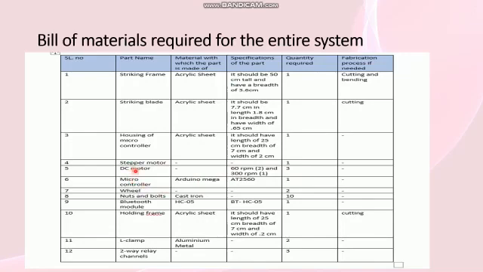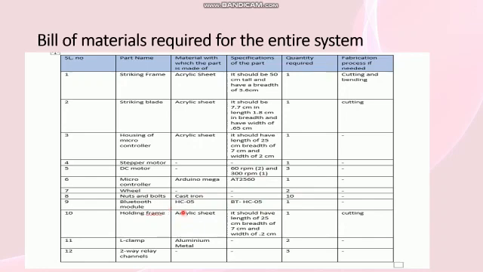Next is the DC motors. The specification of this part was 600 rpm. We needed 2 DC motors of 600 rpm and 1 DC motor of 300 rpm: 2 for the wheels and 1 for hitting the striker. So quantity required was 3, and the fabrication is null. Next one is a microcontroller, that is Arduino Mega, and the quantity required was 1. Next, wheels, we required 2. Next, nuts and bolts made of cast iron, we required 10.